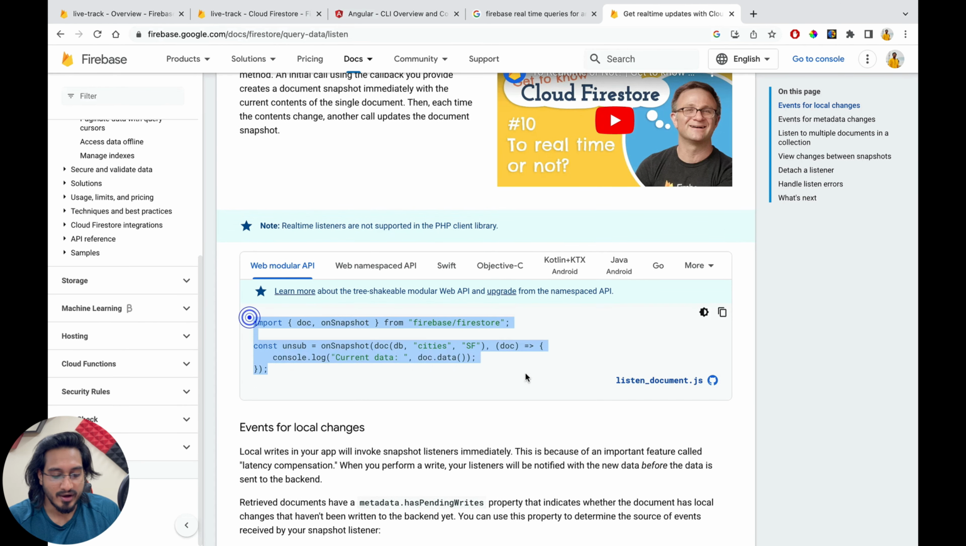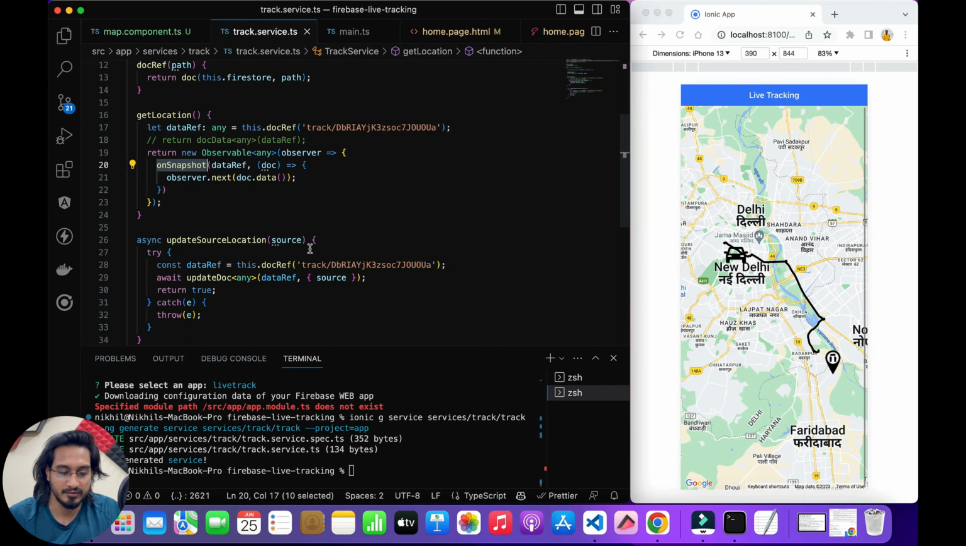These are the queries which you have to use in the latest Firebase version. So that is what I have passed on snapshot, where you just need to pass the document and you will get a callback here. That's what I have done. In this particular one, I've done the same and I'm making it an observable. That's the only thing I'm doing, because we need to use it somewhere else. So this is how we are going to get our location,